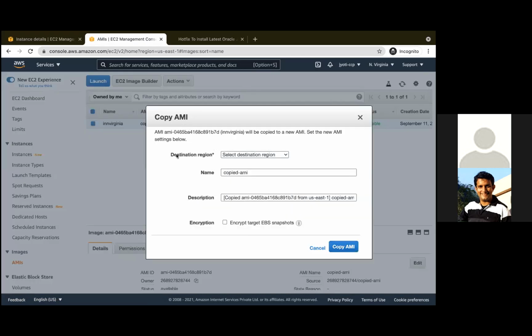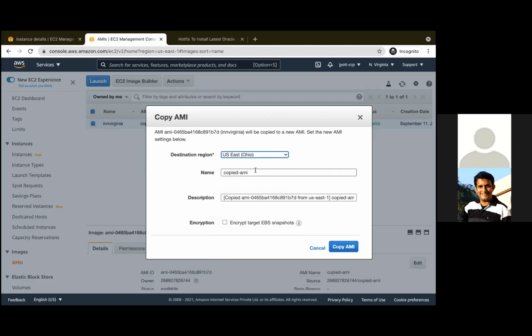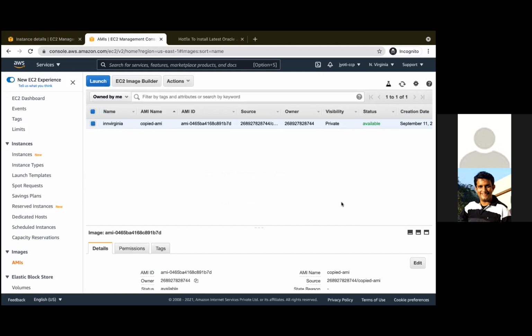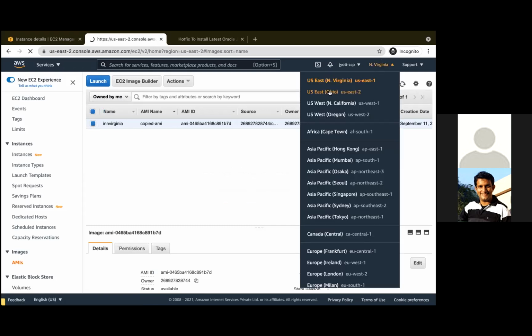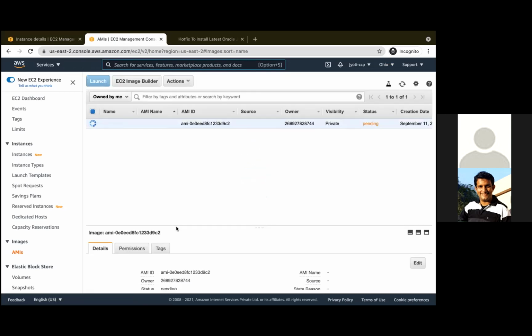So you can select which region you want to copy this instance in. So I'll copy it in Ohio. Okay, and copy. Now if I go to Ohio, yeah, let it take some time then. Okay, we'll come back to our original